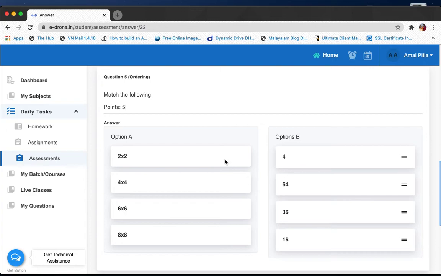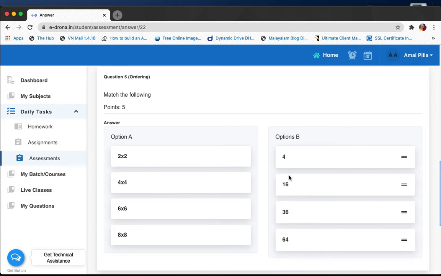So let us do the next question, which is 4 into 4. The correct answer is 16, which is lying down here. I am pressing my mouse onto those two bars, and when I drag my mouse up, it goes up and I place it on the correct side, which is across 4 into 4. Right like that, the next question is 6 into 6. The correct answer is 36. Again I press my mouse onto the two bars and I drag it up and put it on the right answer.